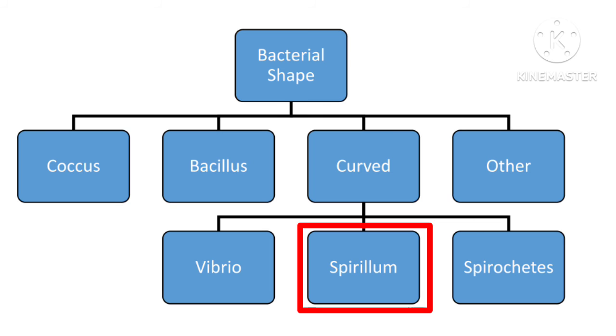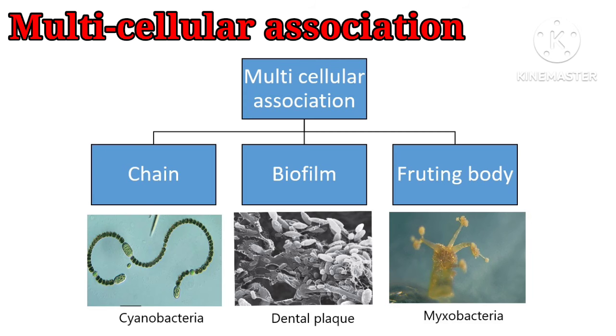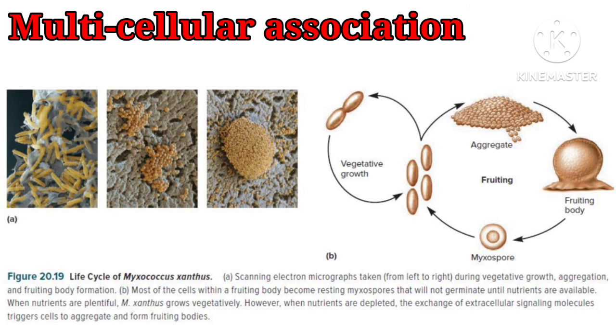Spirilla are occasionally found in short chains, but Vibrio and spirochetes rarely remain attached after division. Some prokaryotes characteristically live as multicellular associations. For example, Myxobacteria glide over moist surfaces, forming swarms of cells that move as a pack. When water and nutrients become limiting, the cells come together to form a structure called a fruiting body, which is visible